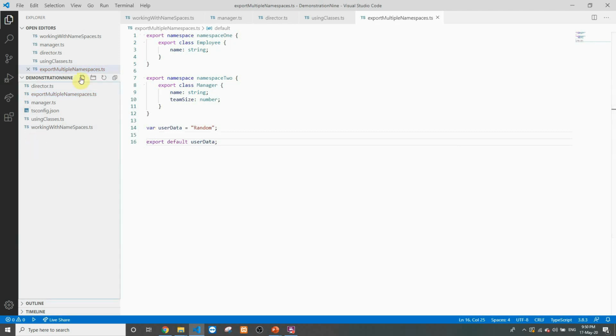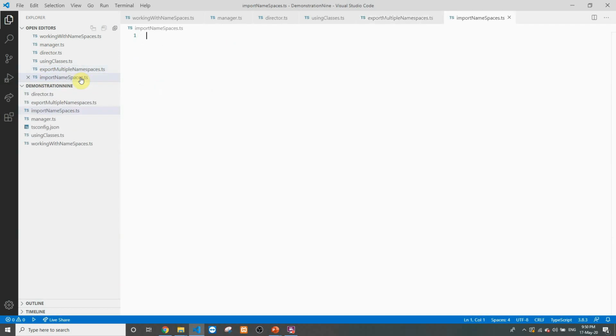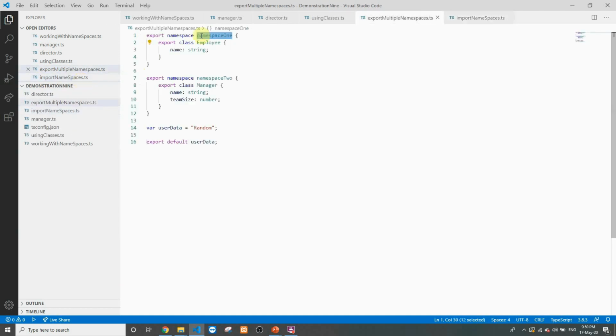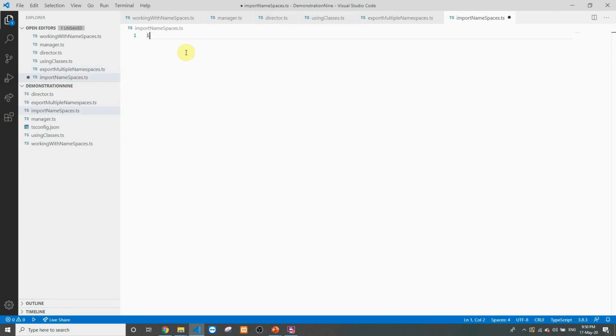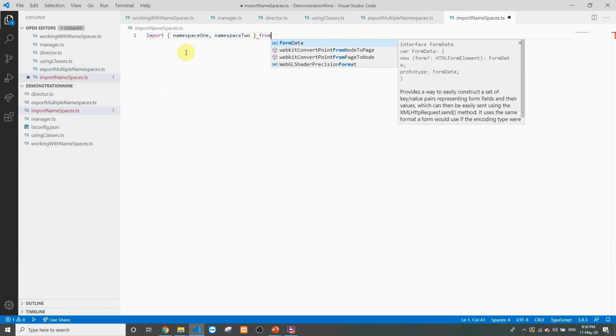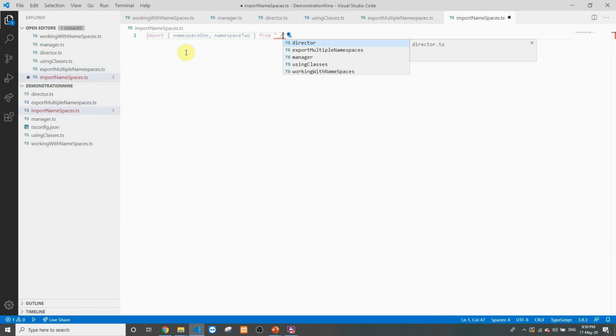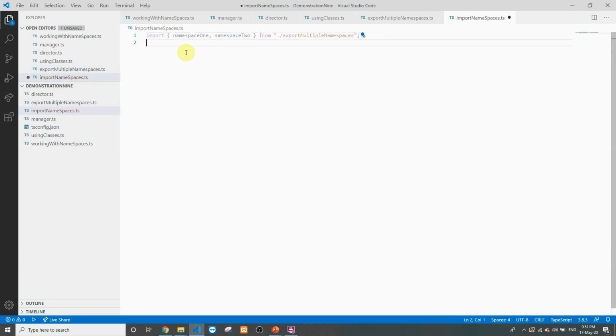Next, we'll create a file called import namespaces. So I'll put down the name as import namespaces.ts. And inside this file, we'll just import these namespaces and use them. So I need to import namespace 1 and namespace 2 from the file name export multiple namespaces. So over here, what we'll try to do is we'll try to create some object of type